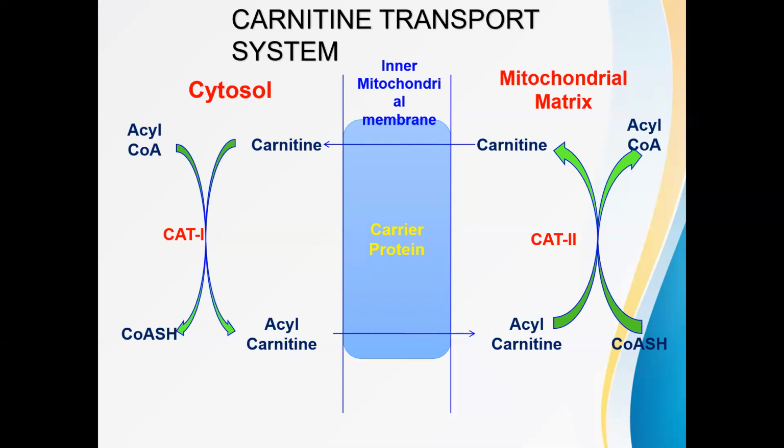And also, all of you have to make note that the coenzyme A which is utilized here in the mitochondrial matrix is different from the coenzyme A which is released here in the cytosol. I mean to say, coenzyme A is involved in activating the fatty acid that occurs in the cytosol. That coenzyme A is different from the coenzyme A which is involved in the formation of acyl CoA here, which means that there are two different pools of coenzyme A, one in cytosol, one in mitochondria.